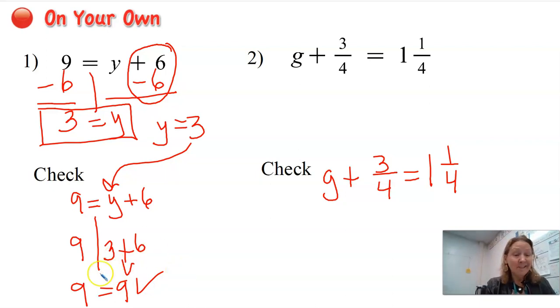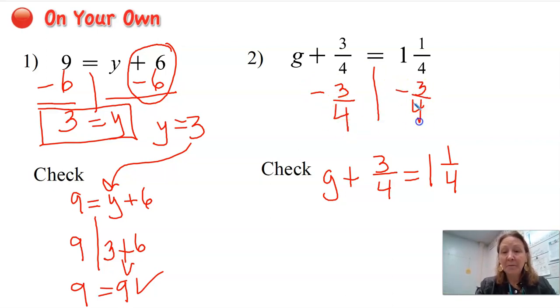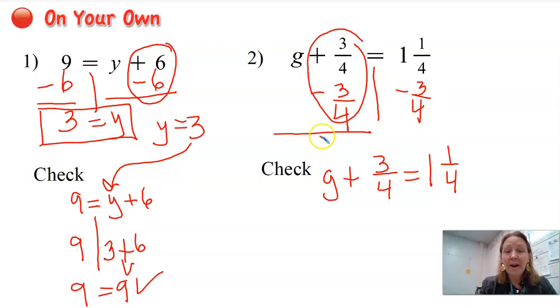If you get something that's not equal, then remember what I said, your solution is wrong, and you have to check your math. Okay, putting the balance scale down, I'm going to subtract 3/4 from this side and subtract 3/4 from this side. This is a 0 pair that cancels out. I end up with G